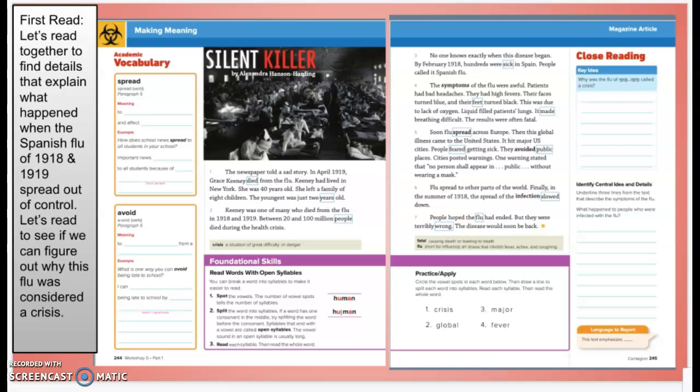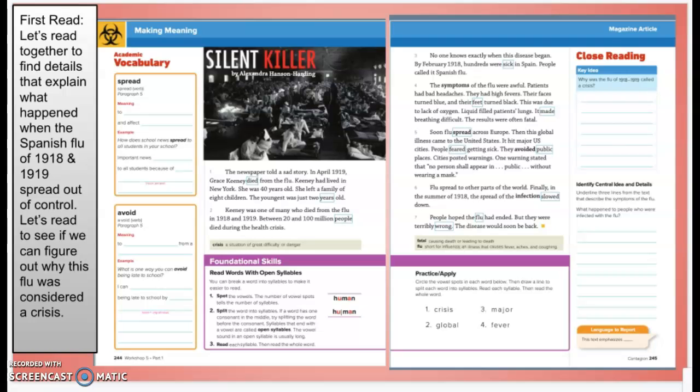And again, you see at the bottom of this page, when we talked about fatal, the results were often fatal. That means that they caused death or led to a person's death. And of course, the flu is just short for influenza. Some symptoms of that illness are fever, aches, and coughing. And some of us have experienced the flu firsthand.